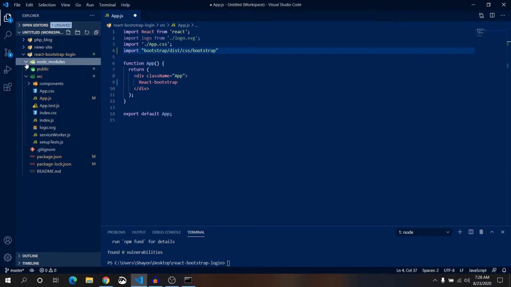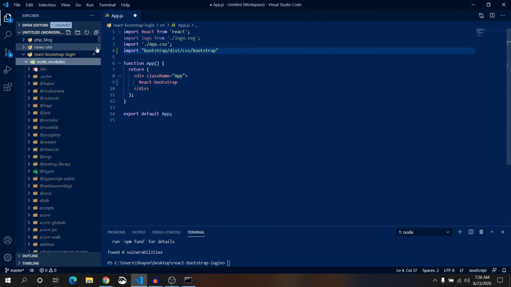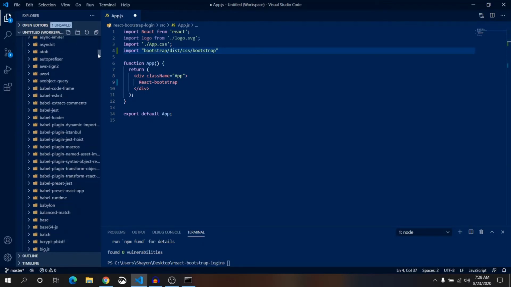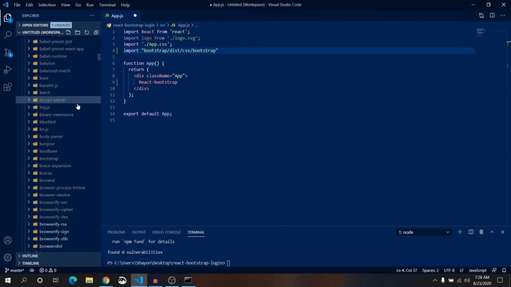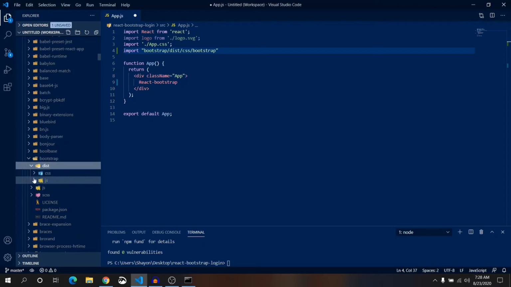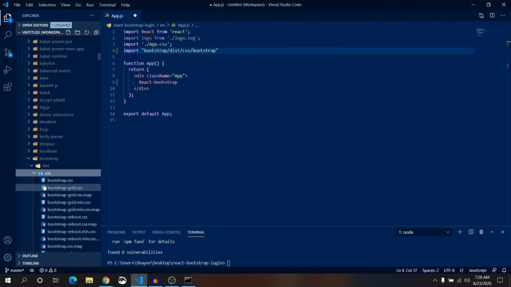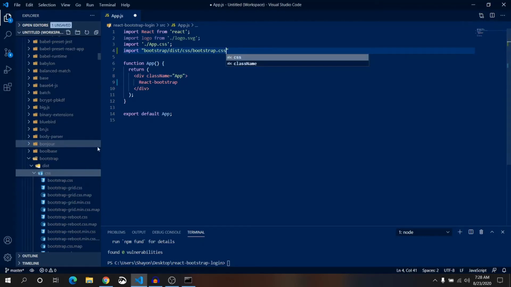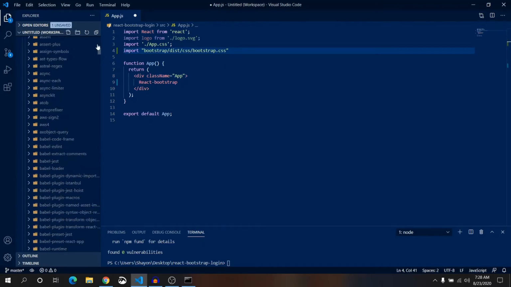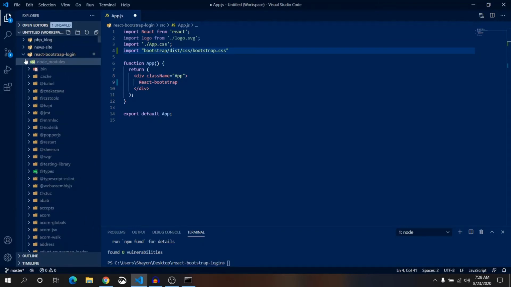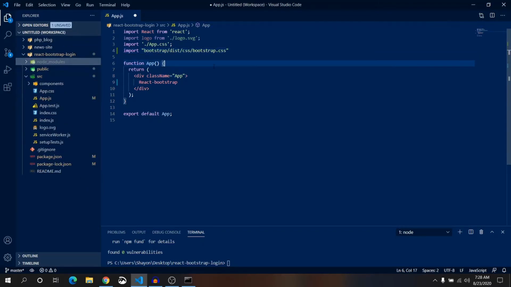In node modules we have a folder of bootstrap. Here it is. In bootstrap we have the dist folder, css, bootstrap.css. There it is. Now let's close this node modules stuff. We don't need it anymore.